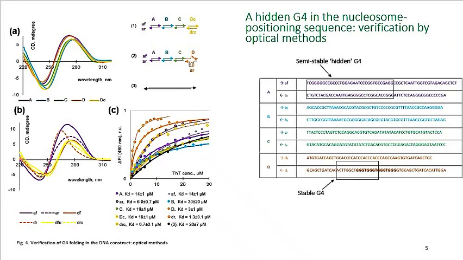To locate the hidden G4, we inspected 50-55 base pair fragments of the DNA constructs using fluorimetry assays with a G4-specific light-up probe and circular dichroism spectroscopy. The G4 linker was folded, its mutant was unfolded, and the hidden G4 was found in a fragment A of